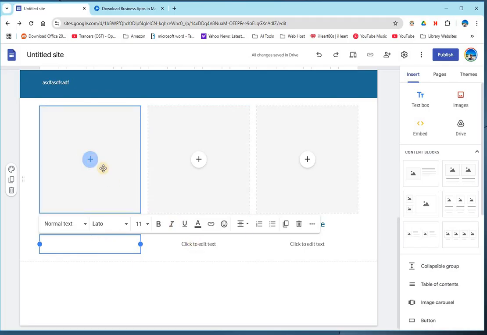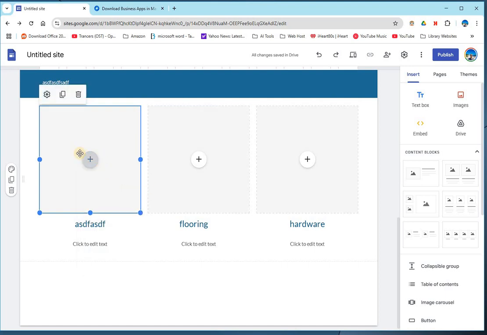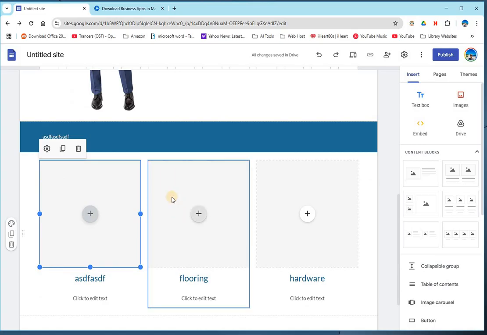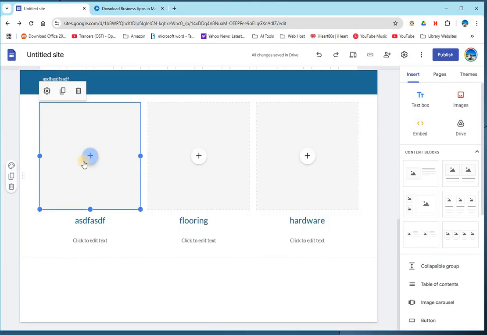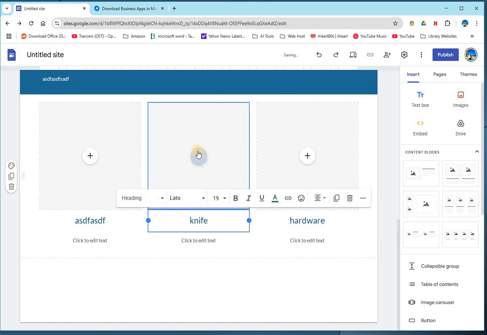You can put a picture here or whatever is appropriate. If you don't have a picture, you can pull one out of Google like we just did up here. I do that a lot, but the dimensions are always messed up. You've got to resize the image in a separate application. Let's say these are products. So let's say this is your knife, and you want them to order it, and you've got a nice